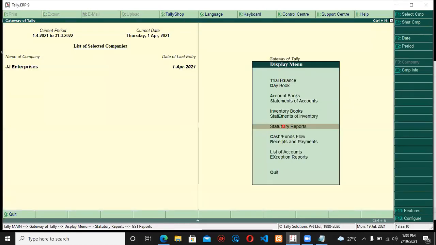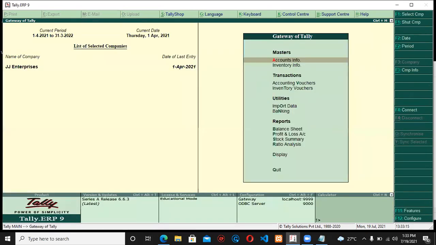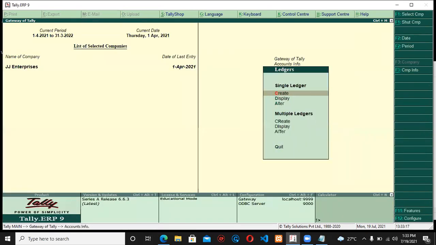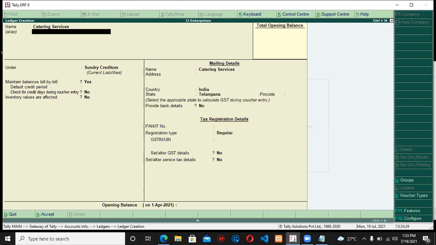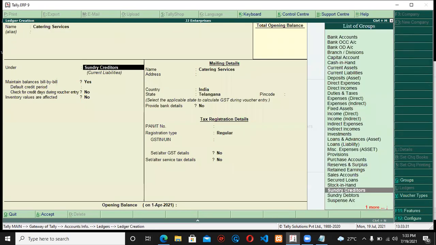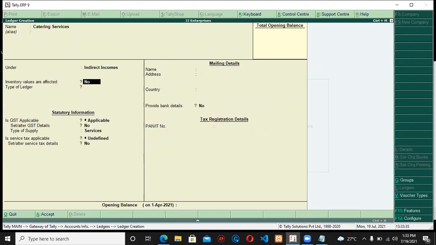So let us create this ledger first, which is nothing but your catering service. I'll just come out, go to Accounting Info, Ledger, and I'll say Create, Ledger Create. Okay, so this is for what? Catering services. And we know that this income is indirect income. It's not an expense, indirect income.